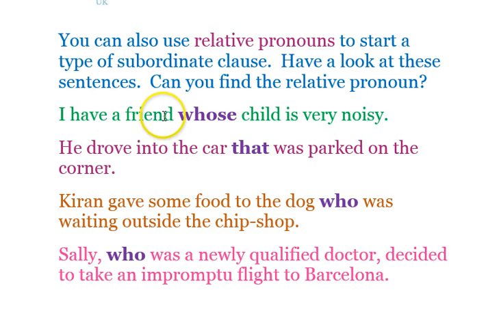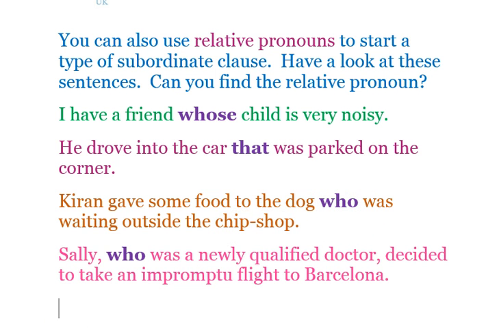I have a friend, and that's your main clause. Whose child is very noisy is a type of subordinate clause, but it starts with a relative pronoun, whose. He drove into that car is your main clause. That was parked on the corner is a type of subordinate clause using a relative pronoun, that. Kieran gave some food to the dog. We could just put a full stop here and this would be a main clause. However, we've got this type of subordinate clause here which starts with a relative pronoun, who was waiting outside the